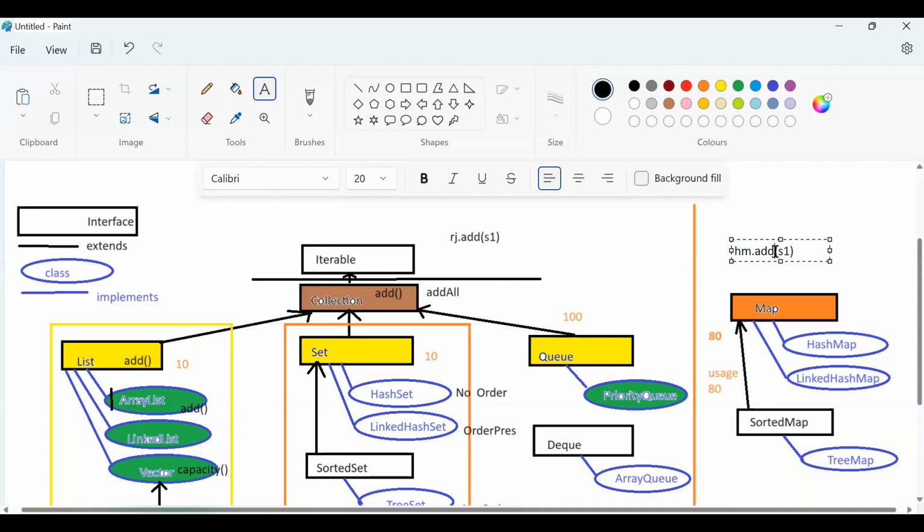To add one object, we use add. I am also making a single entry in the HashMap. I'm not adding. No, sir. Only add one. No. The reason being